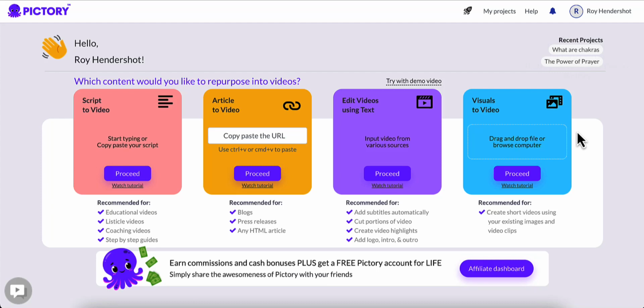Hello and welcome to my Pictory review. In this Pictory review, I'm going to take you inside Pictory. I'm going to show you how to do a scripted video in Pictory, and I'm also going to show you some other features inside Pictory as well. I'm going to show you a demo of how everything works, and I'm also going to show you the pricing of Pictory at the end. So make sure you stay to the end to get to that.